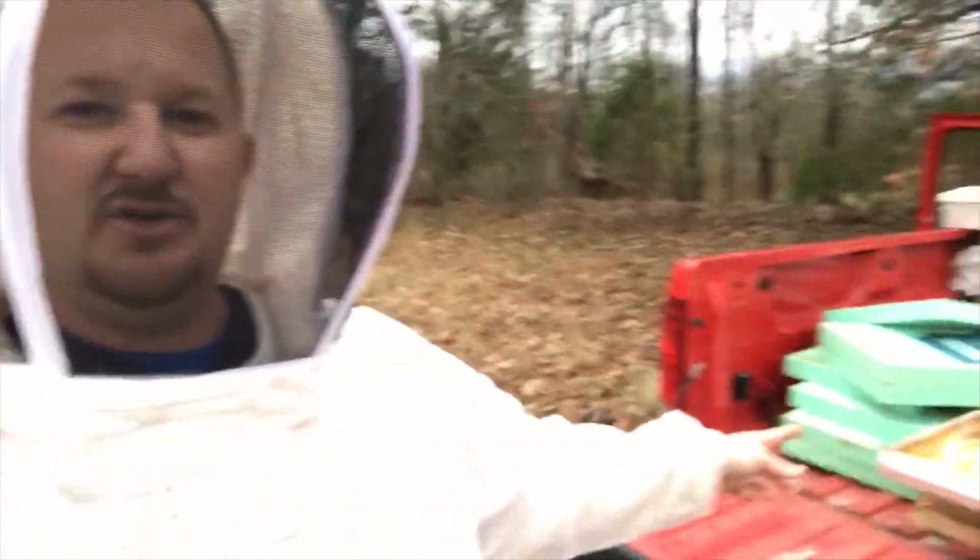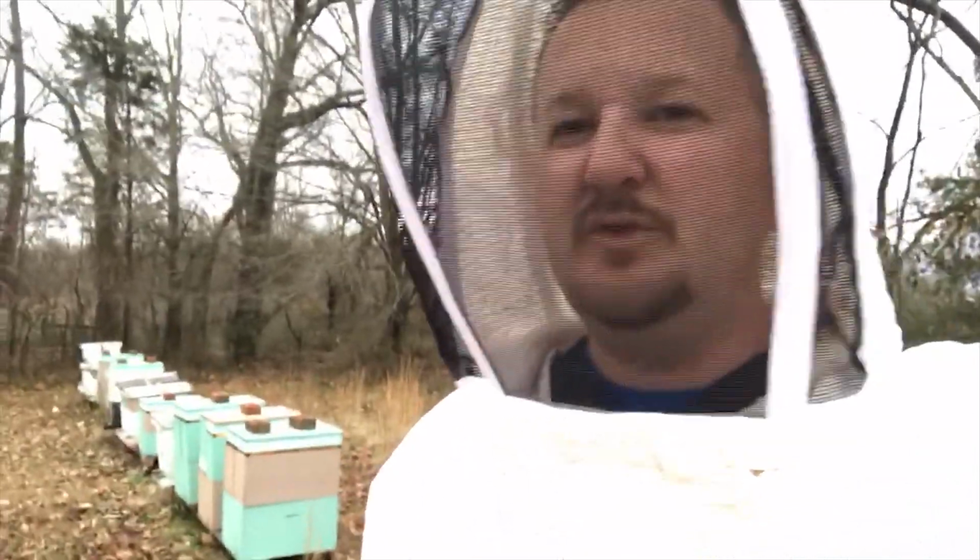So as far as the moisture goes, I use foam board insulation. There are two methods you can go about dealing with moisture. You can do the elimination approach, which is your burlap sacks, your sugar on top of the frames, anything that will soak up and absorb the moisture and get rid of it. Or you can go with a preventative approach, and I like the preventative approach, so I use